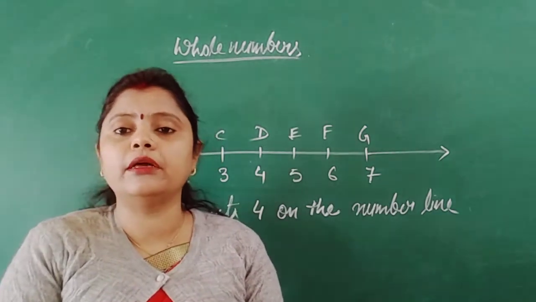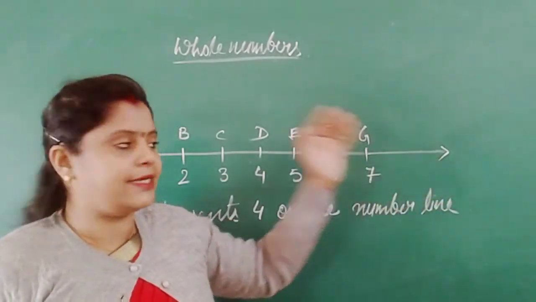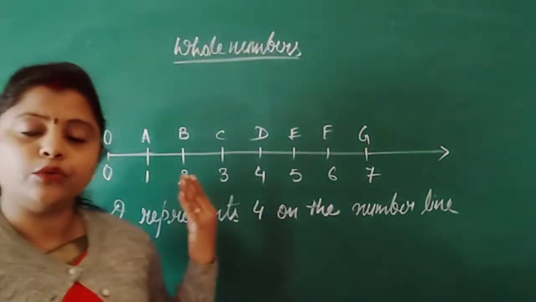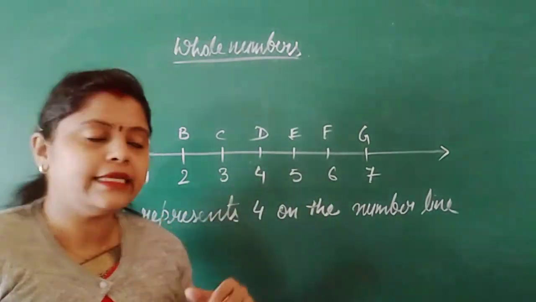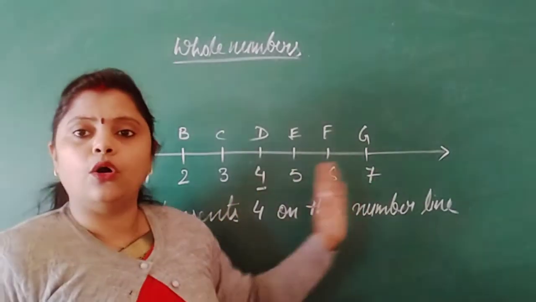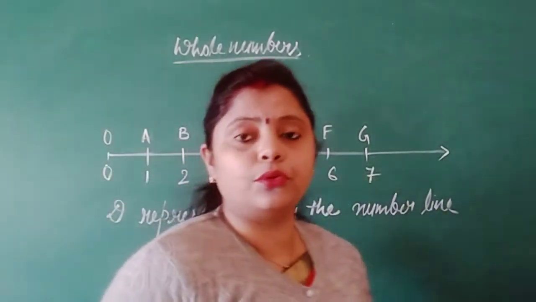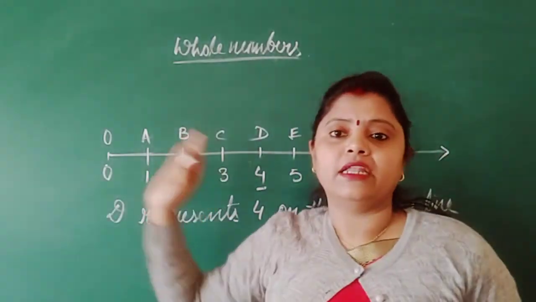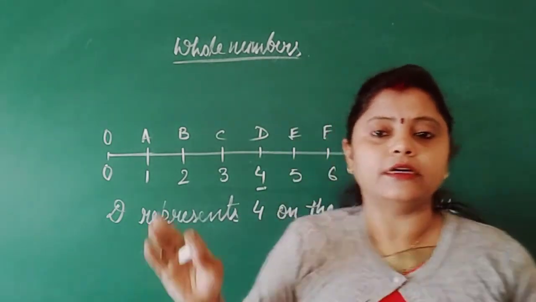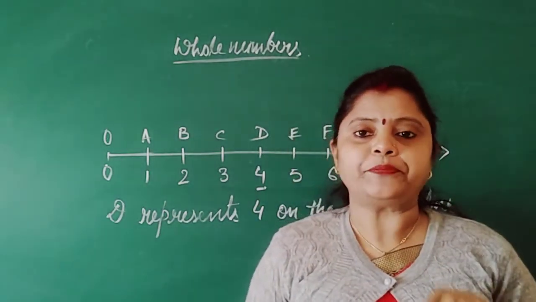Now when we are talking about the right side and left side, when we are moving toward the right side, numbers are increasing. But on the other side, when we are coming to the left side, the numbers are decreasing. Suppose I mark 4 here. On the right side, all are greater than 4. On the left side, all are less than 4. So on the number line, the left side represents the lower, smaller number, and the right side represents the higher number. This is one thing you have to keep in mind.